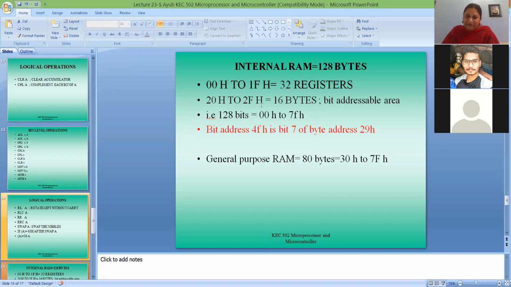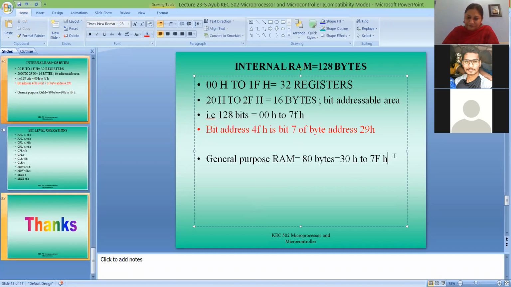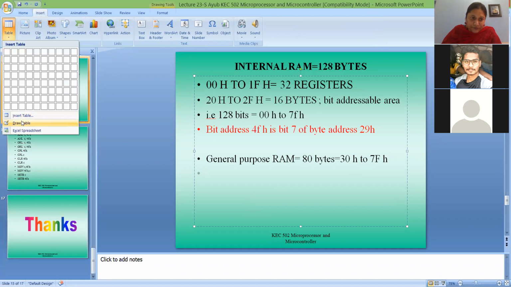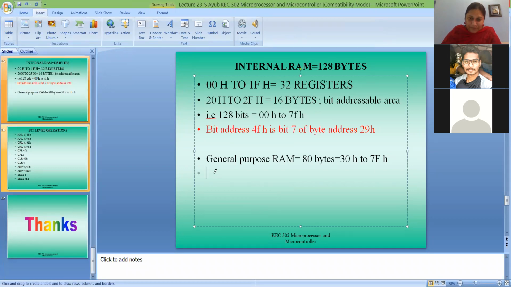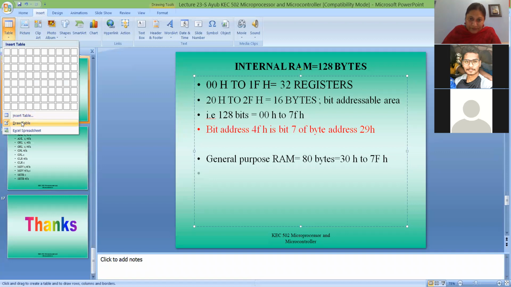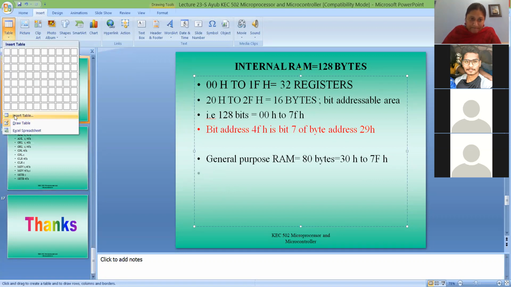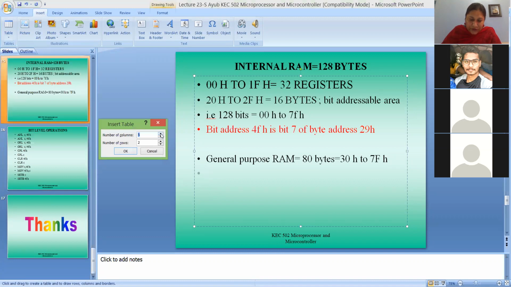Suppose you have, let's say, a table. How many columns do I want? 8.